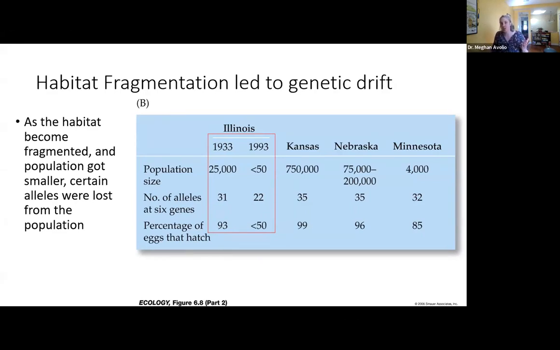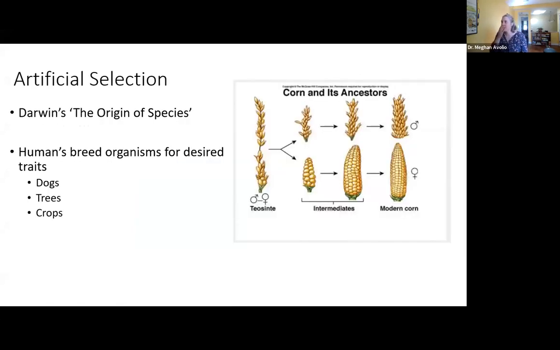And once it dies, if it doesn't reproduce, it'll just be lost from the population. But it didn't die for any reason associated with natural selection. Let's just say it was hit by a car or something, or it was just taken away randomly. It had nothing to do with its actual fitness. And this is what genetic drift is. And I think genetic drift is really important for thinking about breeding practices.